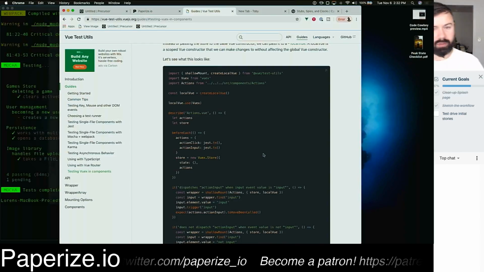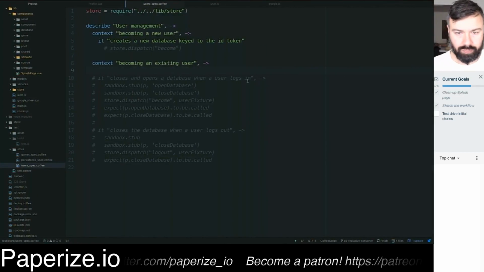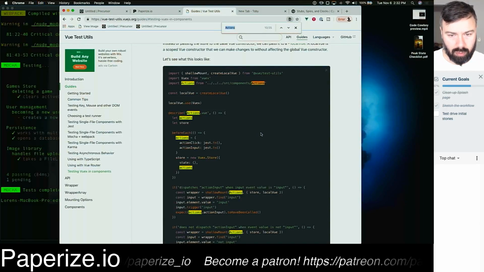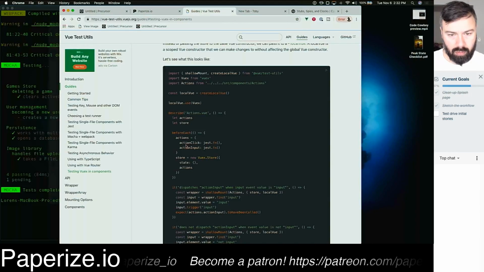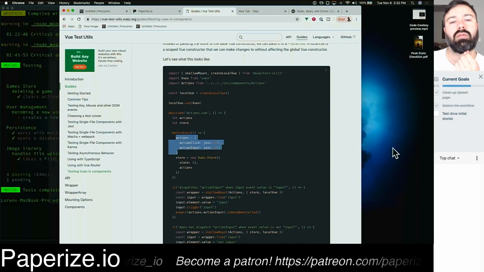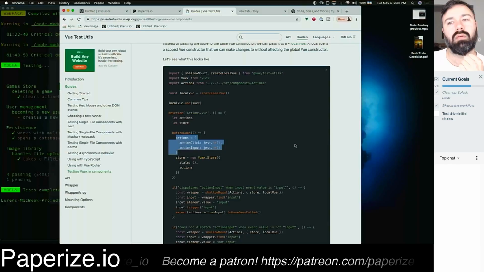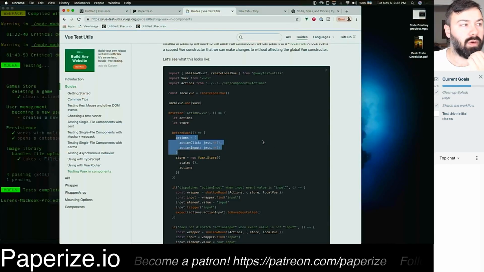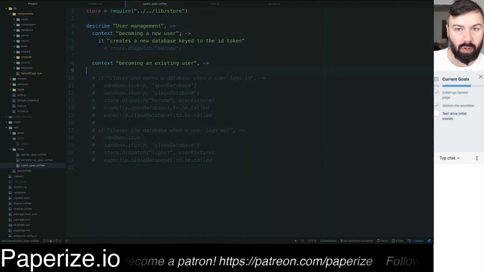Okay, well I think we can do this. Oh, this actions is supposed to be a component. The actual actions are. So what do I want to happen? Do I want the login? I think what I want is for